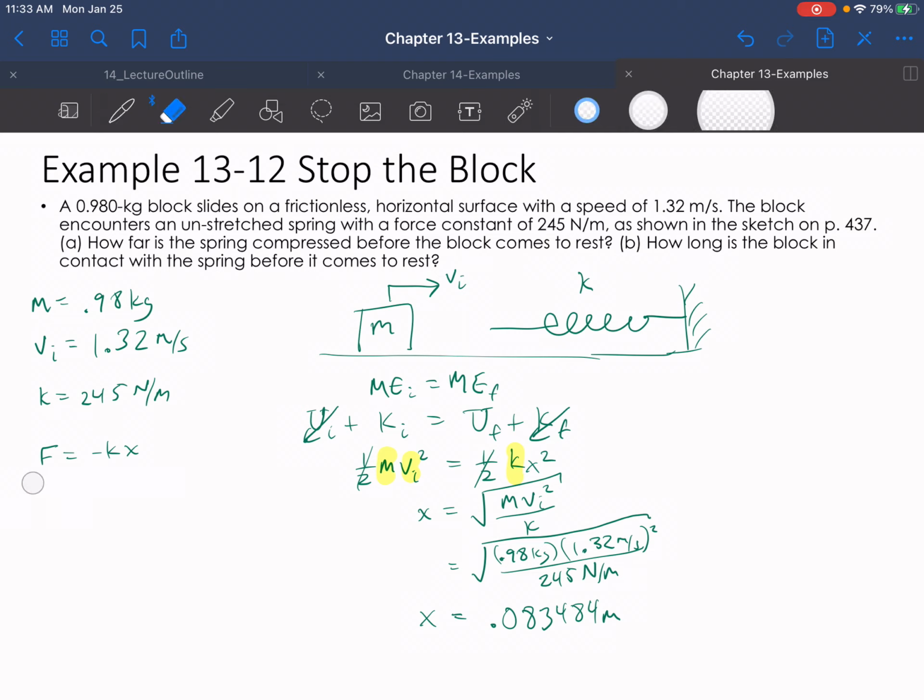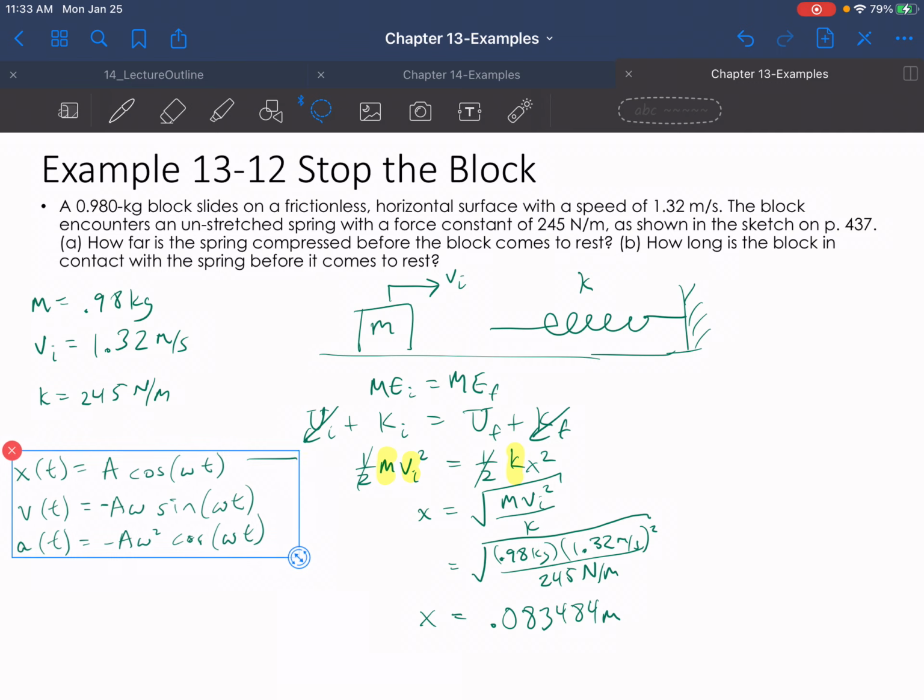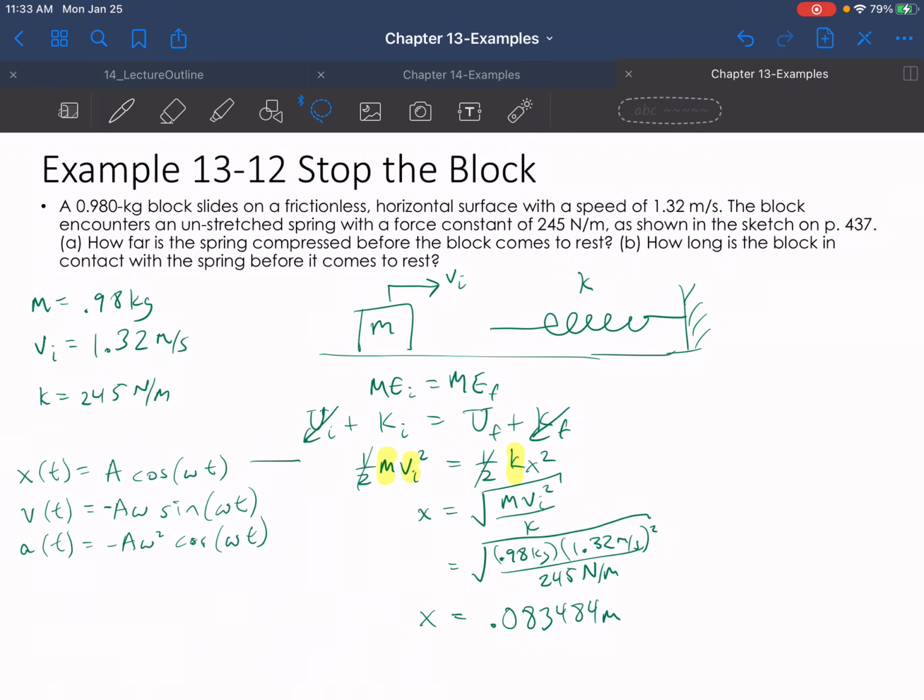So instead, let's take a look at these here, right? Remember these things? Maybe we can go through and kind of use some of these. So we know the amplitude here